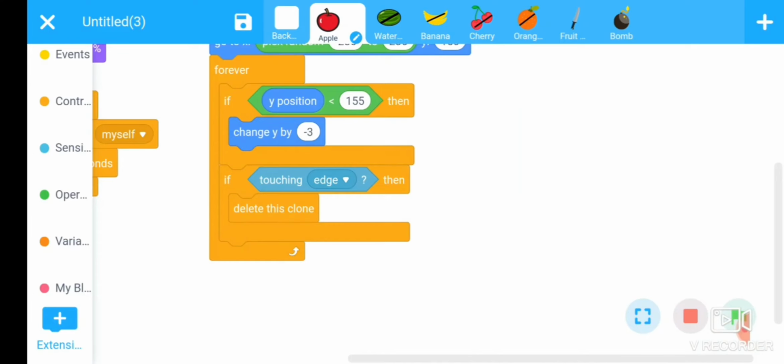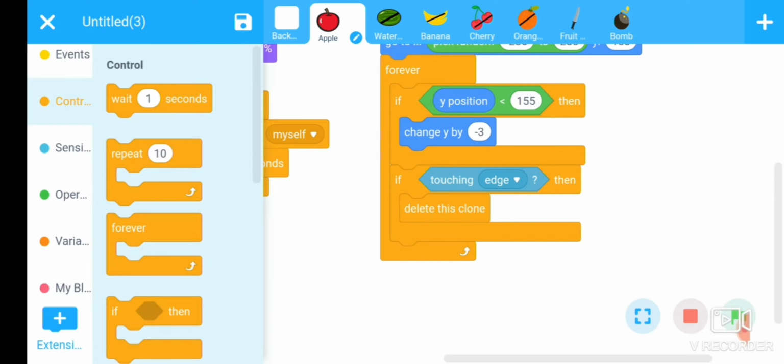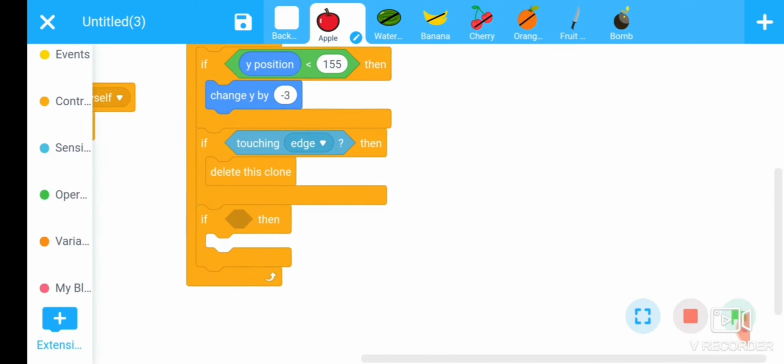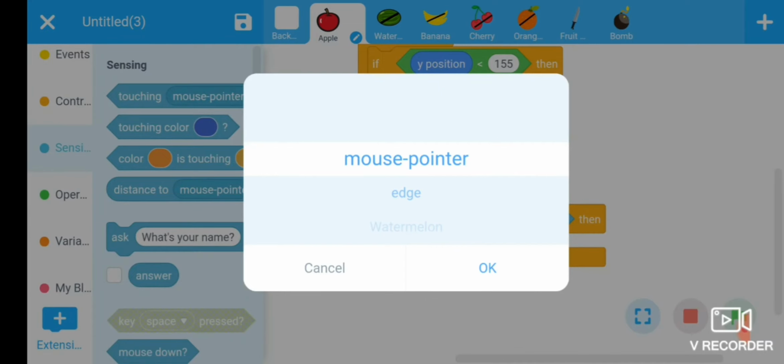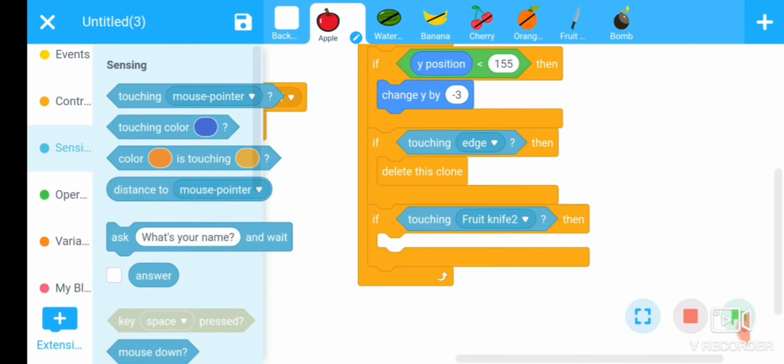Now when the apple touches the knife, what should happen? For this, go to control section, use if then loop here, go to sensor section, touching the mouse pointer, replace mouse pointer with apple knife, fruit knife.